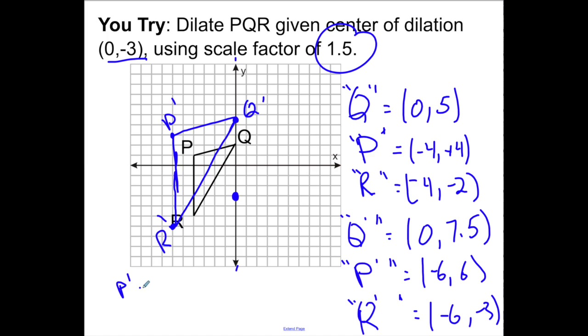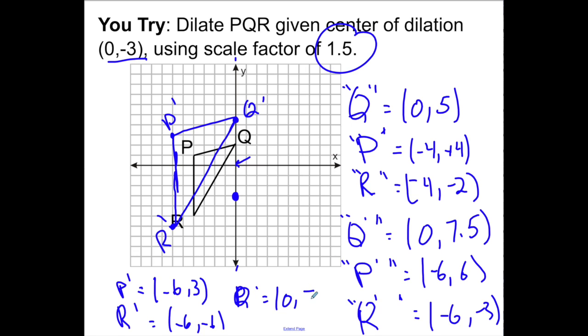So again, the final P prime, in terms of the actual origin, would be -6, 3. Real R prime would be -6, -6. And real Q prime would be 0 and 1, 2, 3, 4, 4.5. Okay? So dilations aren't easy, but I hope in this video what you've seen is that it's really, really important to read your problems thoroughly,